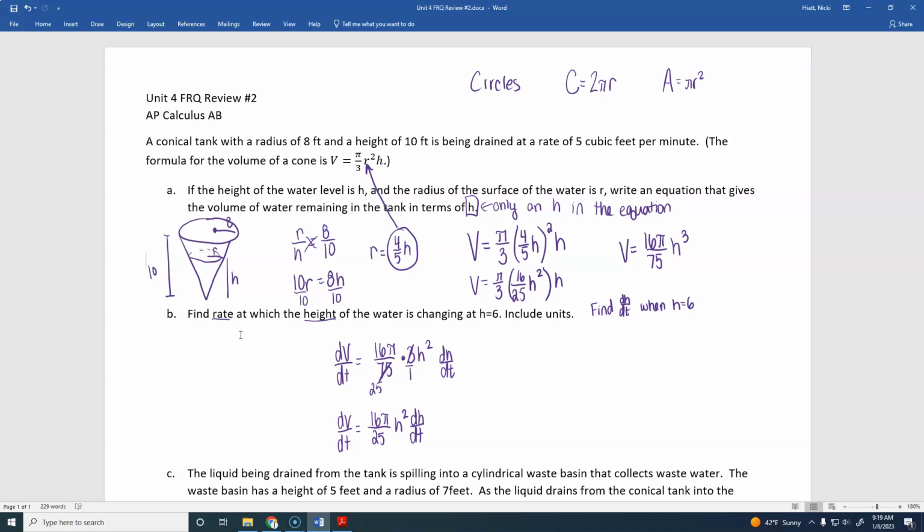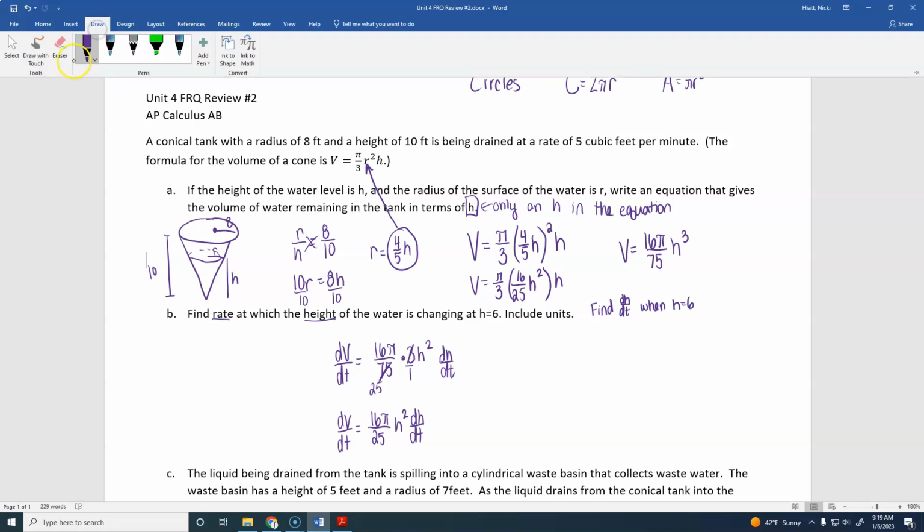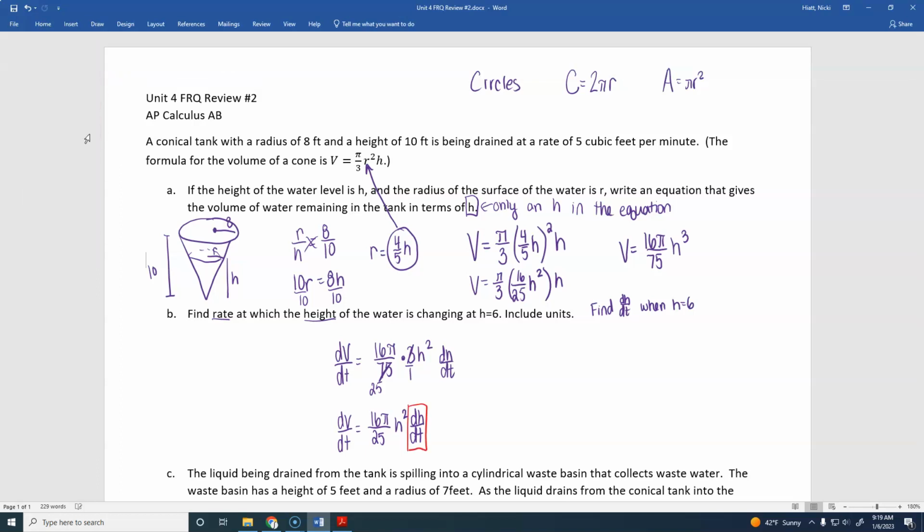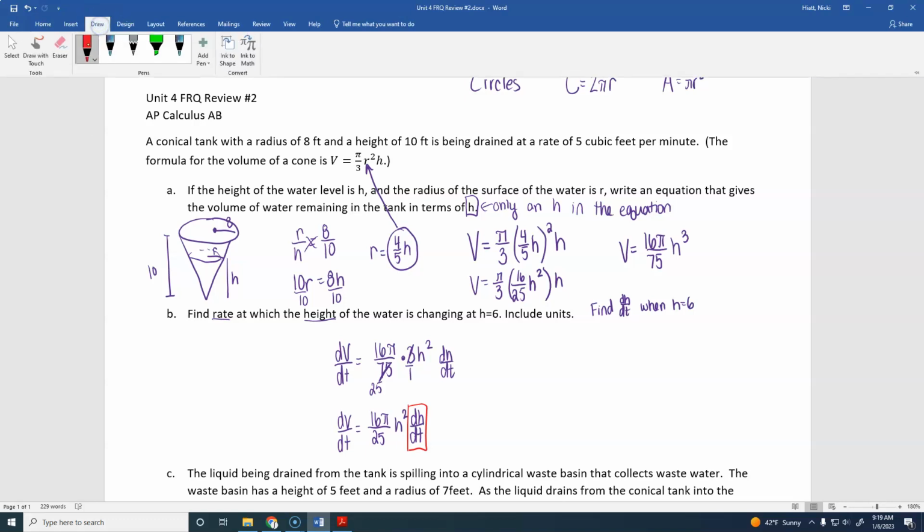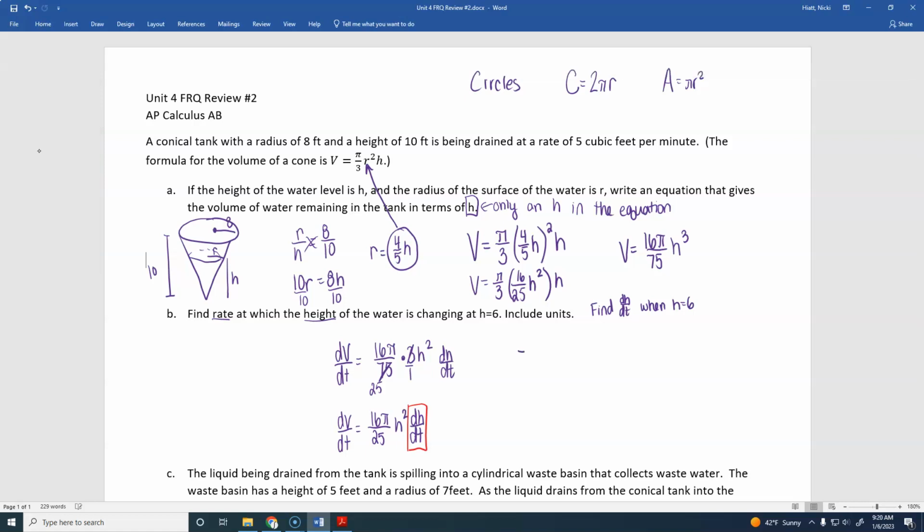All right, we've got our derivative. We're wanting to find dH/dt, so we're not replacing this because that's what we're looking for. We know that h is 6. What else? We need dV/dt. What is it? It is negative 5. Very good. So we got negative 5. And you don't have to use the units here. You can if you want. It's cubic feet per minute